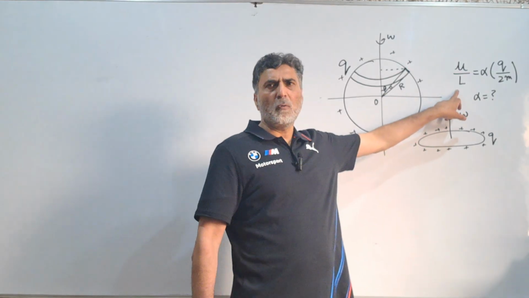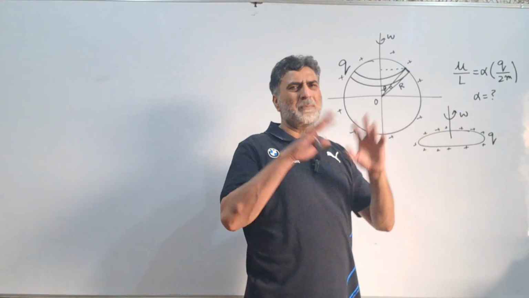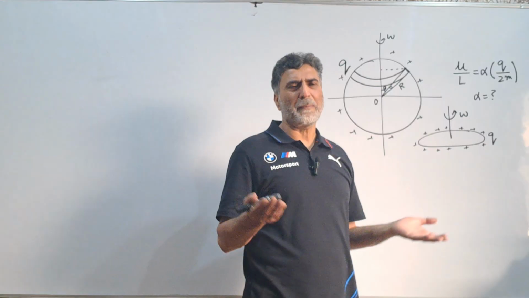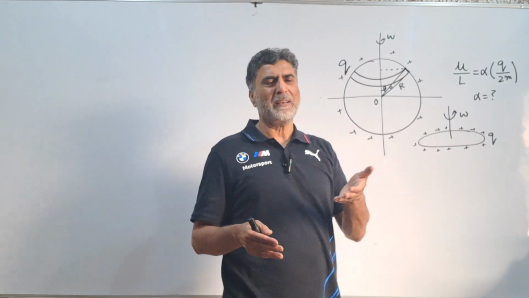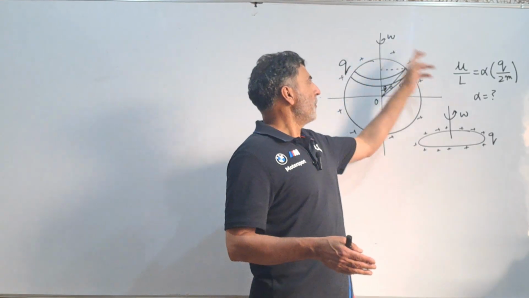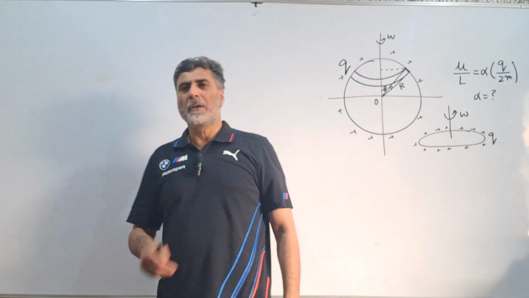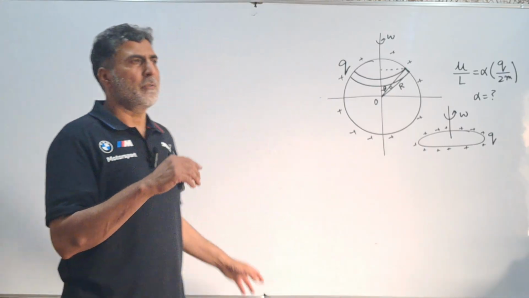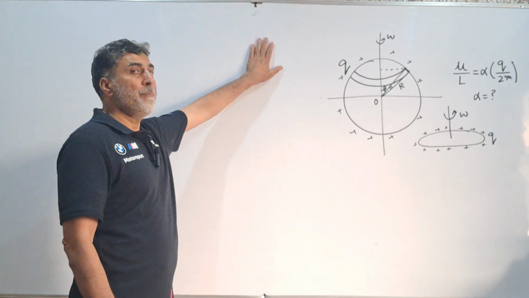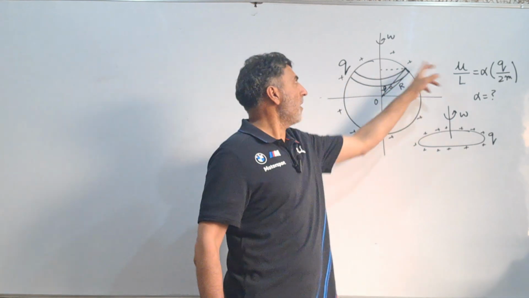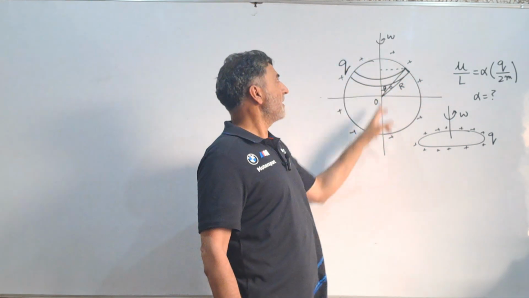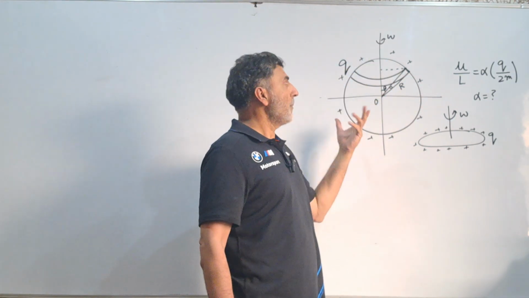L तो इजी है, एंगुलर मोमेंटम ऑफ ए स्फीयर। एज यू नो, सॉलिड स्फीयर का मोमेंट ऑफ इनर्शिया क्या है? 2/5 mr स्क्वायर into omega is angular momentum. Angular momentum is I omega, as you all know. That's easy part. But mu, that's the magnetic moment of this sphere about this axis, वो हमें फाइंड करना पड़ेगा।